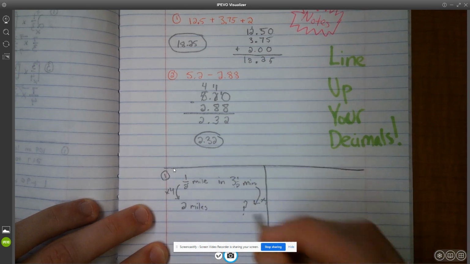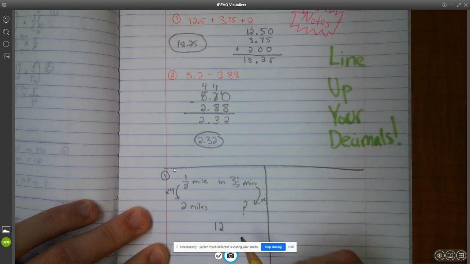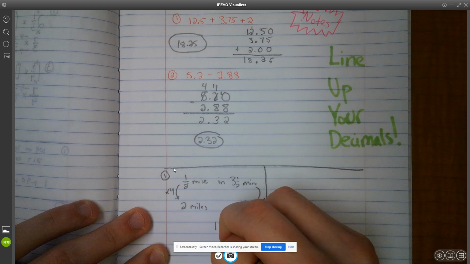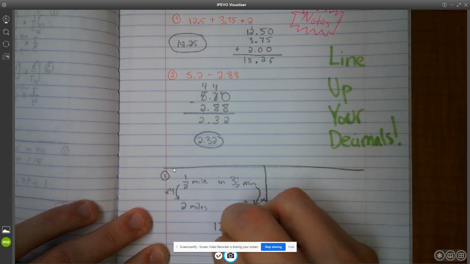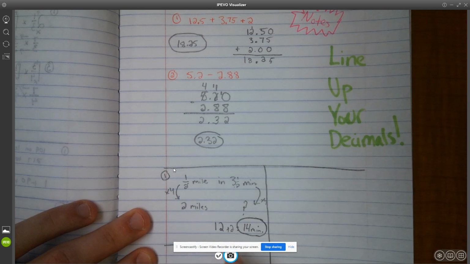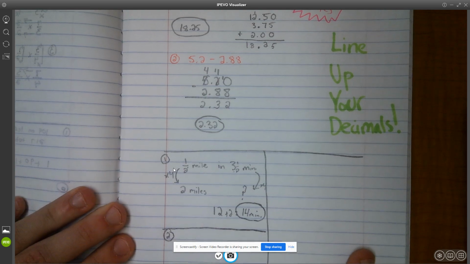Well, 3 times 4 is 12. And we just know 1/2 times 4 is 2. So 12 plus 2 is going to give us 14 minutes for number 1. And then we're going to close that box up, and we're going to write number 2 down here. Again, you're going to be doing problems 1 through